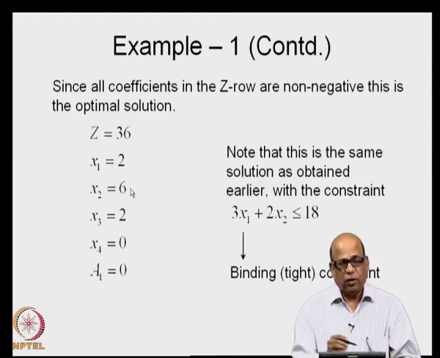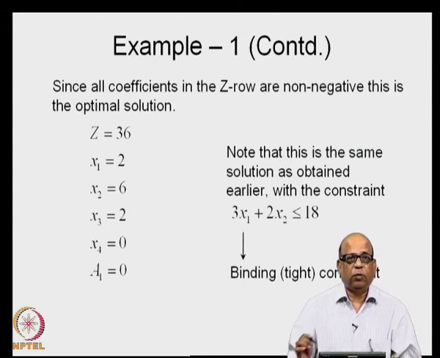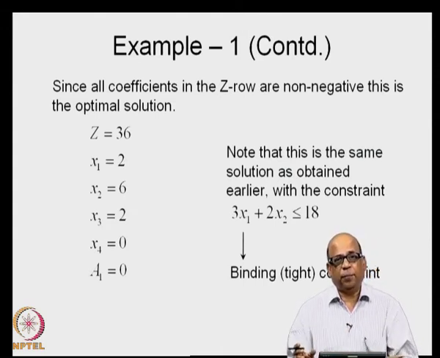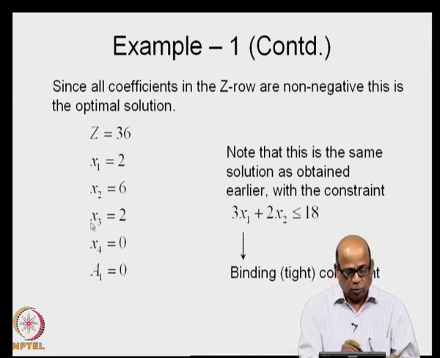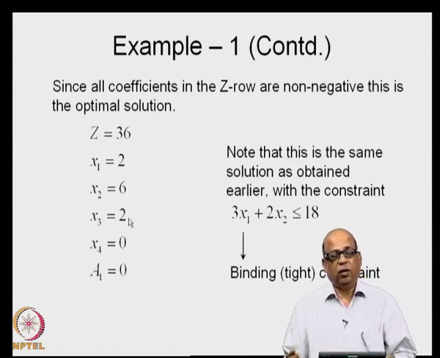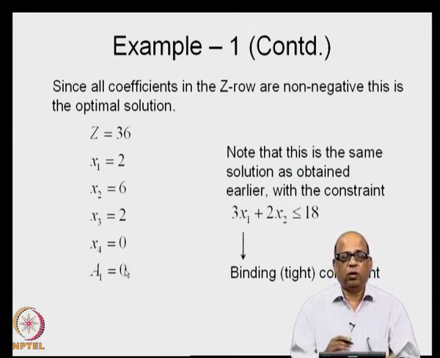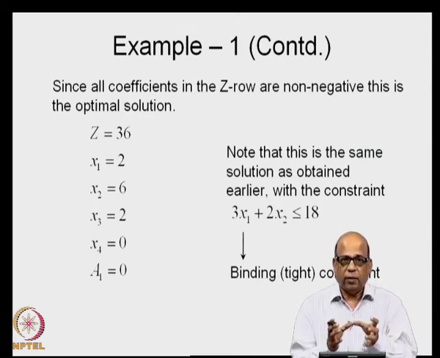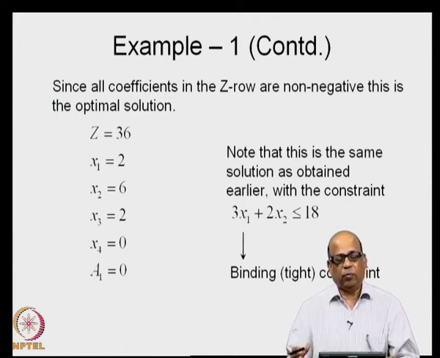Look at the other constraint which you had, x1 is less than or equal to 4. In the optimal solution, you got x1 is equal to 2, which means there is still some slack available there. So, x1 less than or equal to 4 was your original constraint. In the optimal solution, you got x1 is equal to 2. So, there is still a slack of 2 that is available, x3 is equal to 2, because x1 plus x3 you made it equal to 4 in that particular case, and therefore, the slack variable which is non-zero in this particular case has taken a value of 2. So, that slackness is still available to be satisfied in that particular constraint. That is how you should look at it, and when we do some applications, hopefully, we will cover this aspect in slightly more detail.